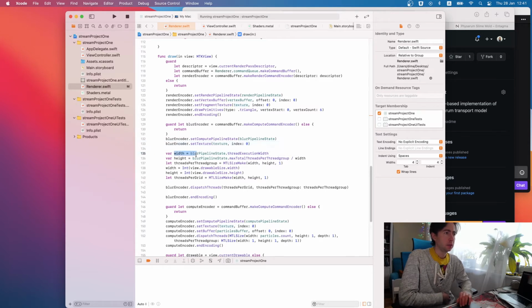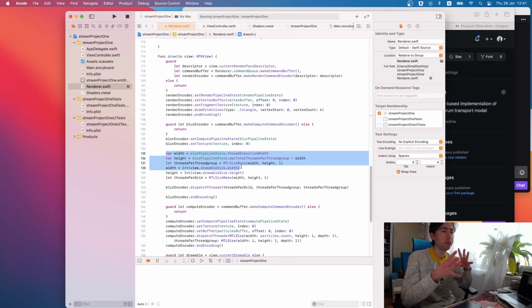And here we're doing some preparations to prepare a number of threads and thread groups to be able to process this texture in parallel as efficiently as possible.